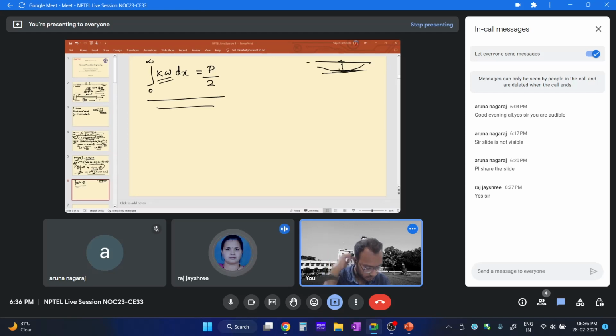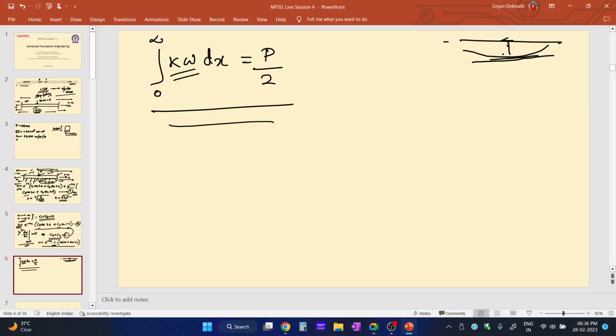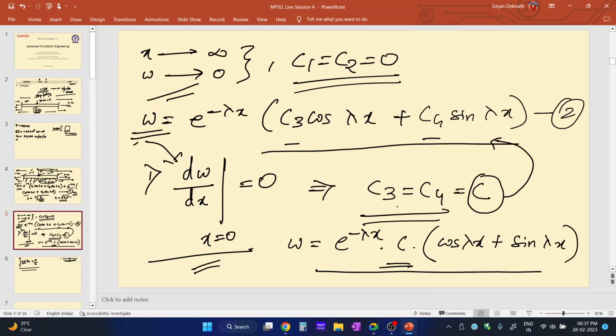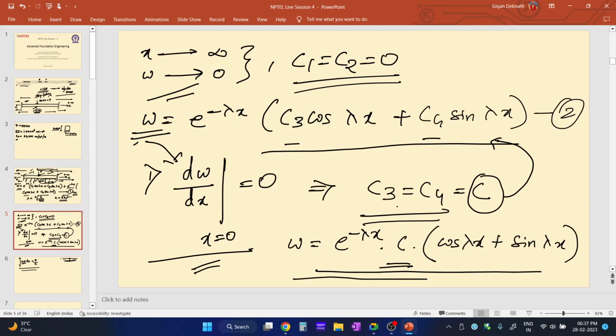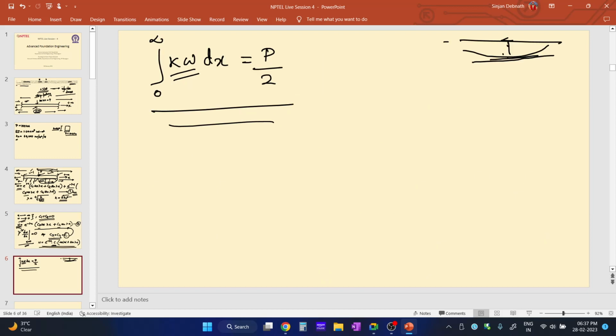Okay, understood. So this is another equation: integral of Kw dx equal to P by 2. Where was I? So W is equal to this, and integral of kW dx equal to P by 2. Now if you solve this, you know W. What is W now? W is this equation. If you put that equation in place of W and integrate it from 0 to infinity and equate that with P by 2, you will get,